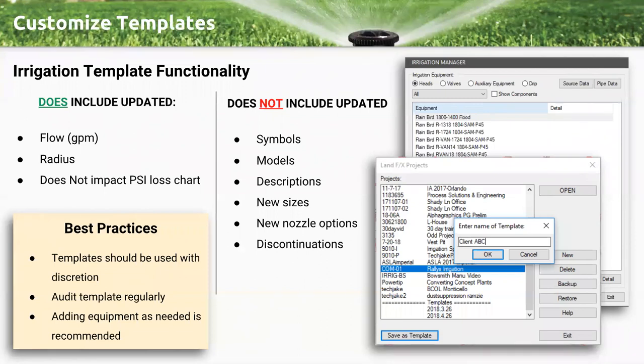What we're going to go through as we create a template is consider setting them up in a way that splits them out into usable templates. So